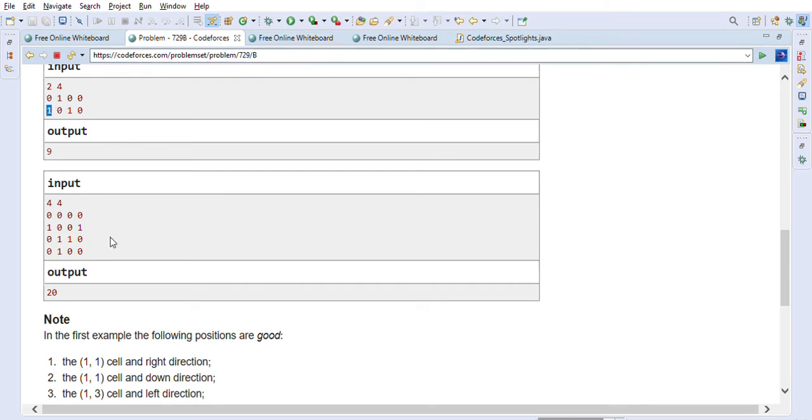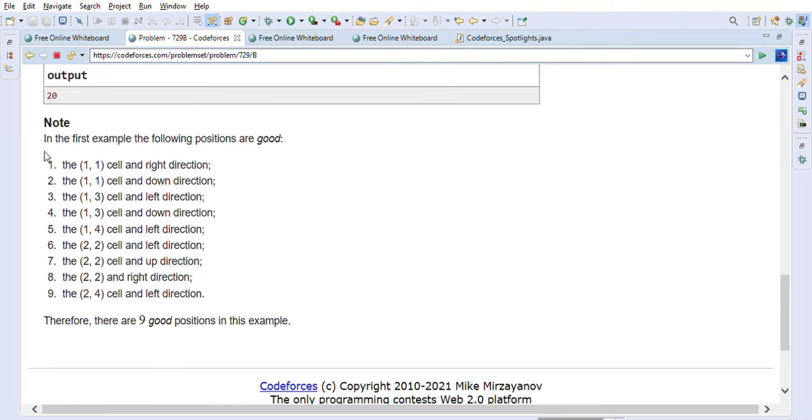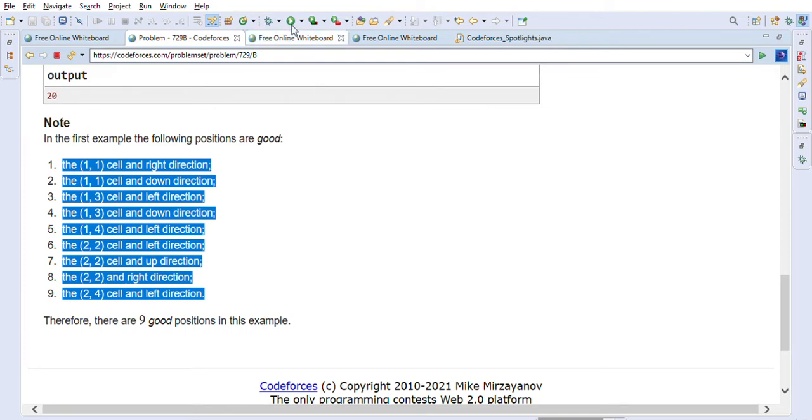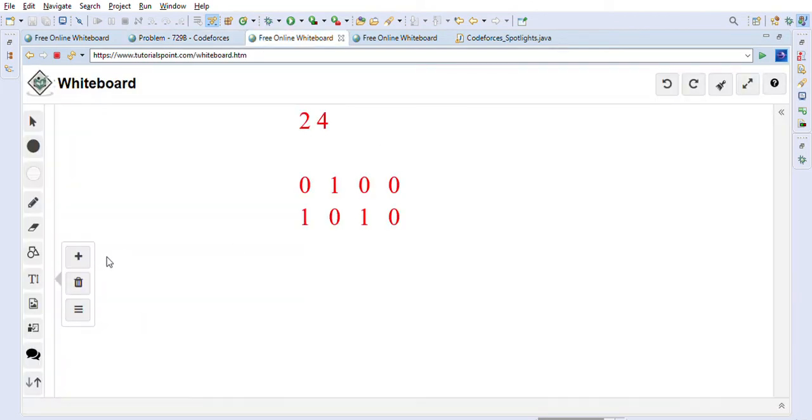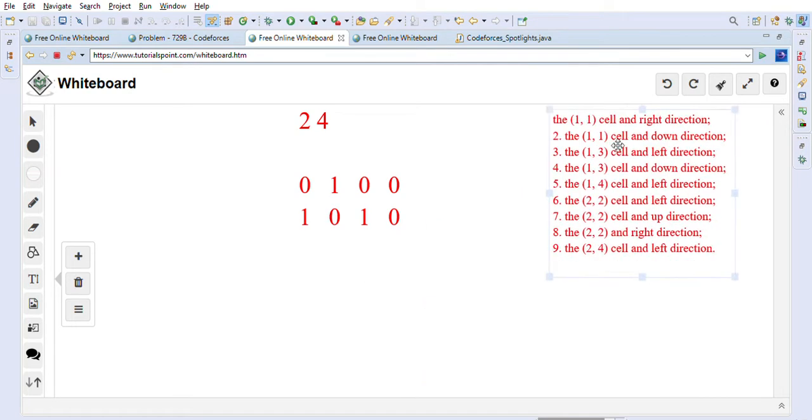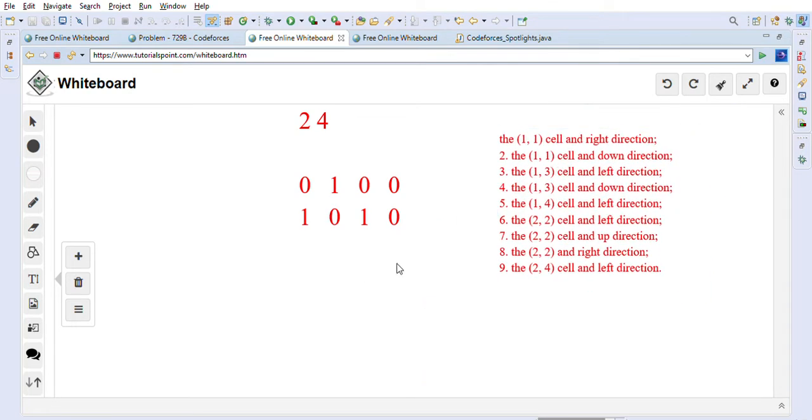So we can just copy this one and go to the whiteboard where I have already taken this example, and you can read it easily here. Let me place the text here, and let's look at this example so I can explain.